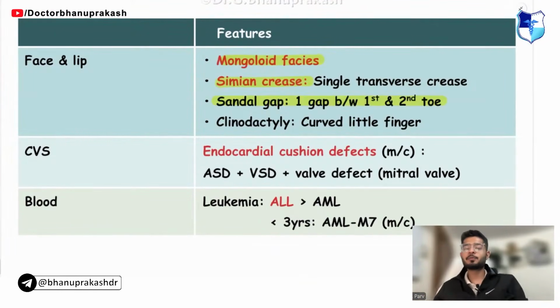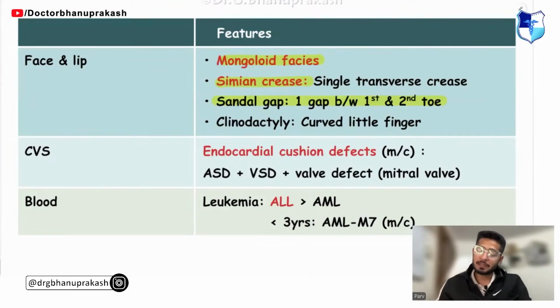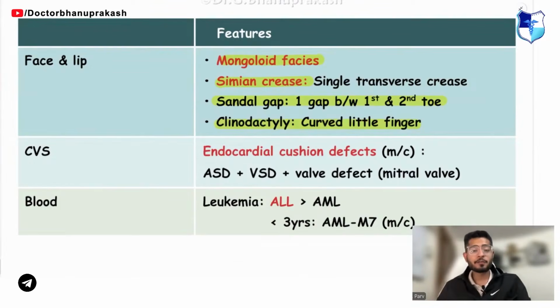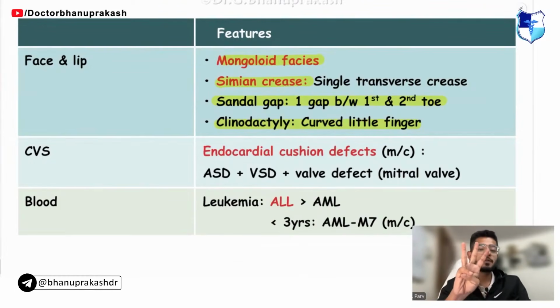That is the gap between the first and the second toe. And there will be clinodactyly, a curved little finger. So the little finger is going to be curved. Okay. So if I just try and make